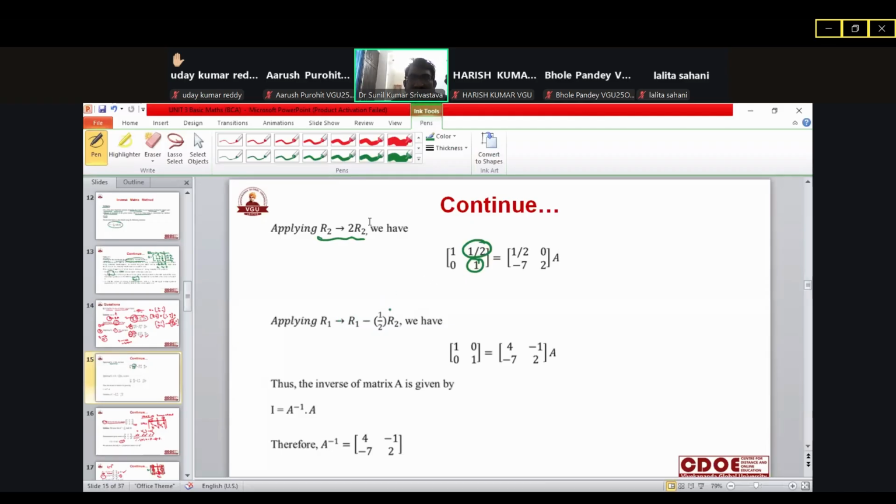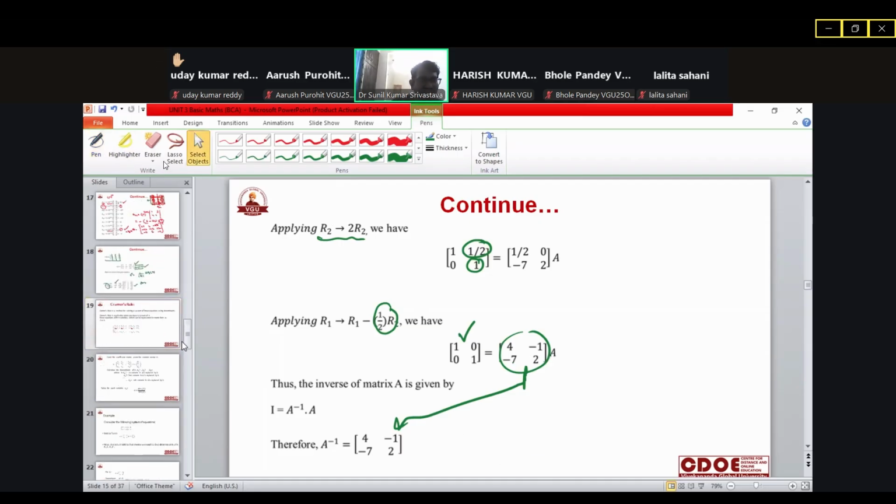इसके लिए हमने क्या करा, R1 में से R2 को हम माइनस कर रहे हैं, लेकिन 1/2 मल्टीप्लाई करके। तो ये देखो, ये लेफ्ट हैंड साइड हमारा ये बन गया, राइट हैंड साइड इससे कोरस्पॉन्डिंग में ये बन गया। तो ये जो एलिमेंट आ रहा है ना, ये इनवर्स ऑफ दिस वन है। इनवर्स का आंसर क्या हो जाएगा, 4, -1, 7, -2। तो इस तरीके से हम एलिमेंट्री ट्रांसफॉर्मेशन का यूज करके भी आंसर को जस्टिफाई कर सकते हैं, इनवर्स ऑफ द गिवन मैट्रिक्स के केसेस में फाइंड कर सकते हैं।